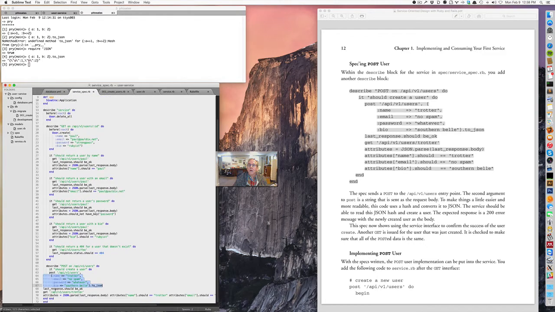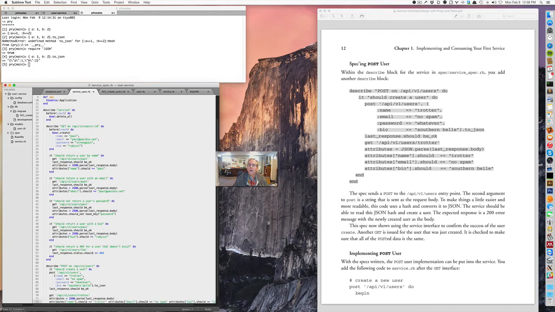So similarly here, we're converting that information about one particular user called Trotter to JSON, and we're sending it off to the server with a post verb, HTTP post verb. And now the test continues. Make sure that we got a valid response. And then here's the fun part. We now proceed and do a get, which requests information from the server. And we,